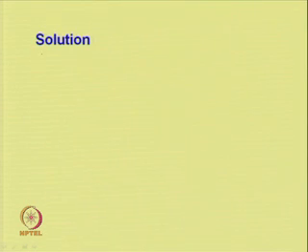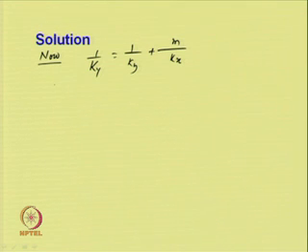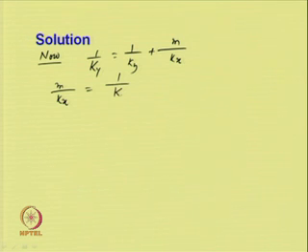We know that 1 by capital K y is 1 by small k y plus m by k x. So, m by k x is equal to 1 by capital K y minus 1 by small k y,